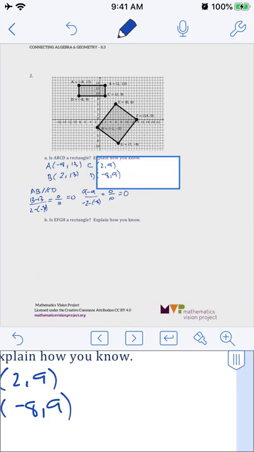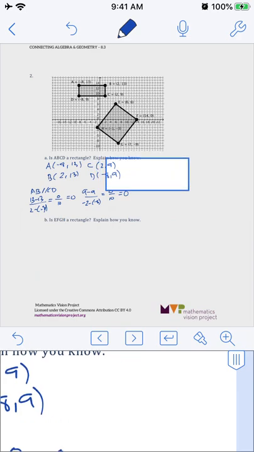Now we need to check AD parallel to CB. I mean, they are vertical lines, so we can say they're parallel, but if we want to be super accurate about it, one could be super straight and one could be off by a degree, so we need to check. CB would be, no, let's do AD because it's first. 13 minus 9 over